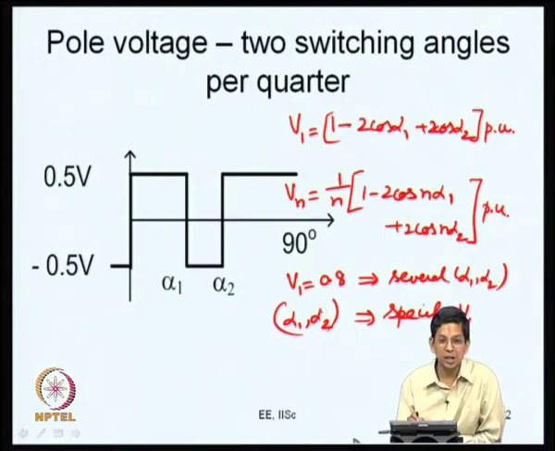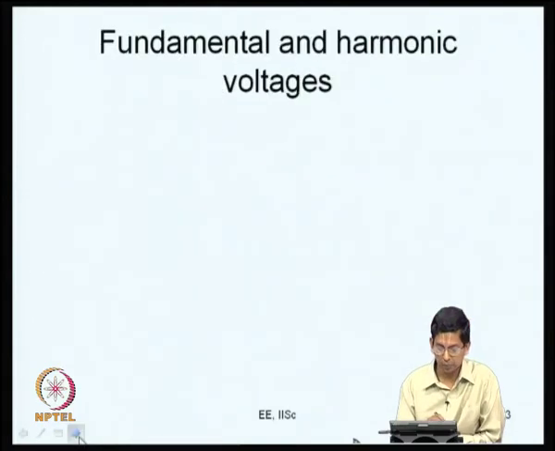So, we need to understand what are all the various possibilities, and from there move on to select which possibility is better for us. So, this gives us multiple possibilities. We will choose one of them which is better in terms of harmonics. That is how we start exercising some control over harmonics or their side effects now.